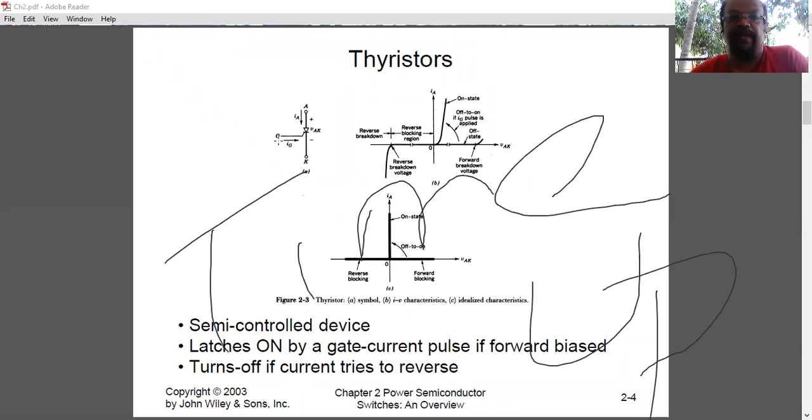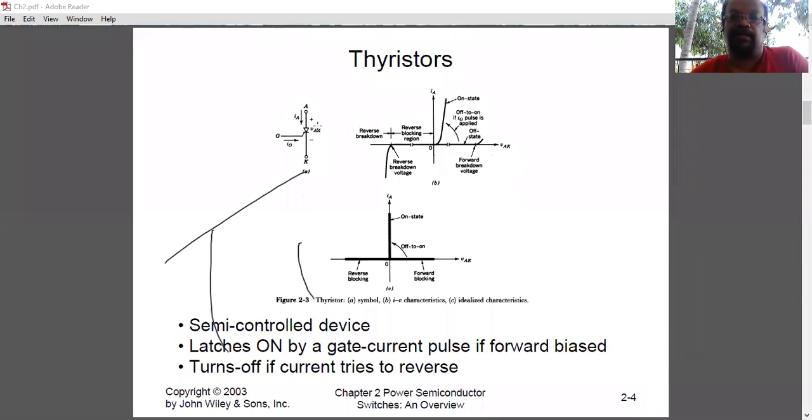But when we introduce the gate terminal, another layer in the device, the triggering of this gate will facilitate the conduction. Only when we trigger will it conduct. So automatically I can keep on monitoring